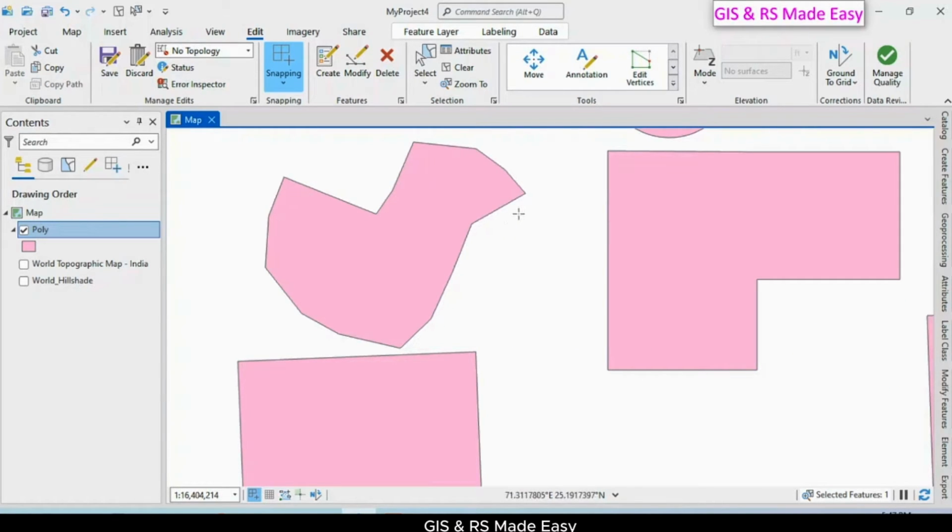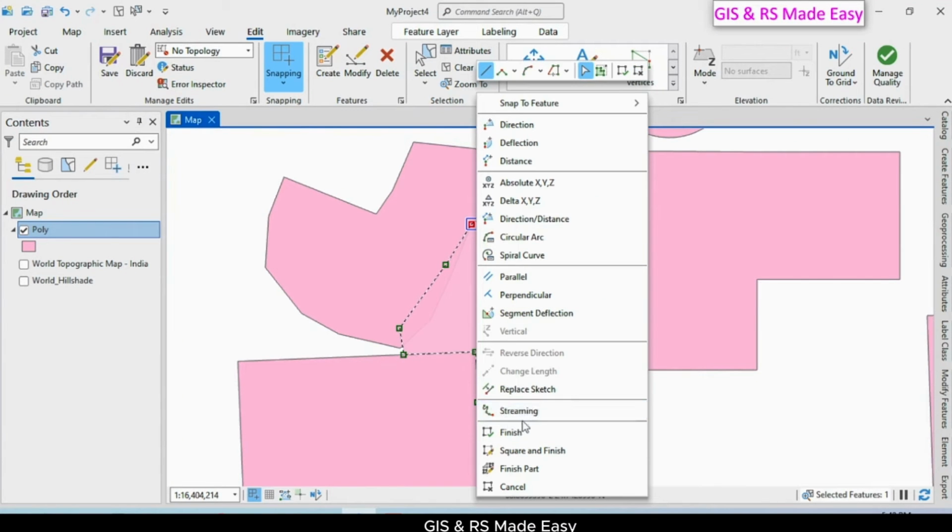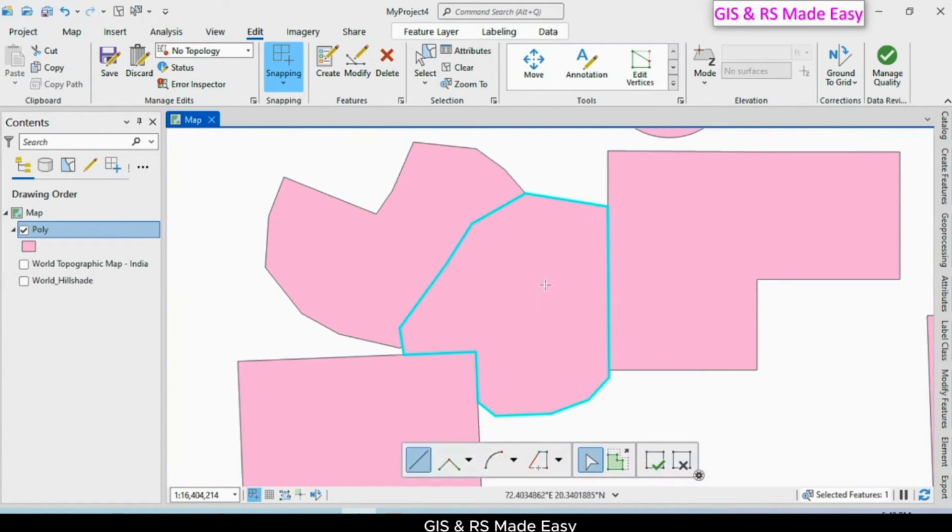Now we want to make a polygon adjacent to this polygon, and this polygon. If we use this create polygon tool, it's quite tough to avoid overlapping. In some places this polygon is overlapped to this one or this one. So this is quite tough to make a polygon adjacent to another polygon. Here comes the autocomplete polygon tool. Let's undo this